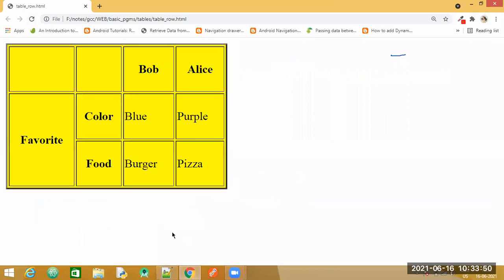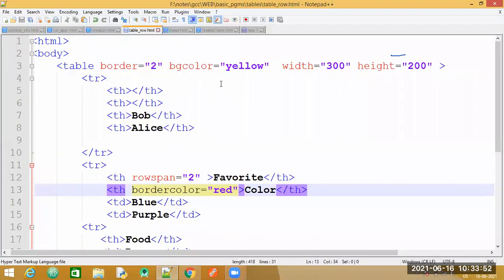Okay, so you should observe now here we have certain properties. When I applied background color, BG color, I can apply it only for one particular cell or one particular row. Background image, if you specify again in the table tag, we could implement it for the entire table. Let us try to apply the same background image only for one particular heading or one particular cell there. So the property is